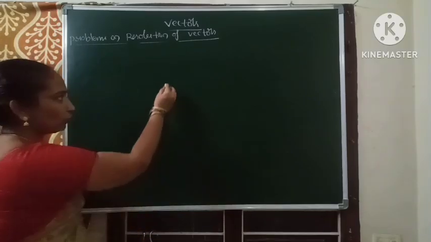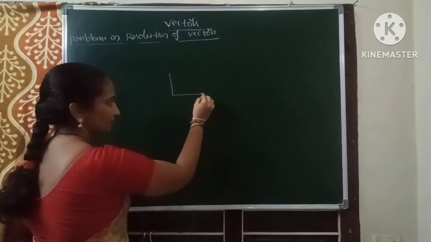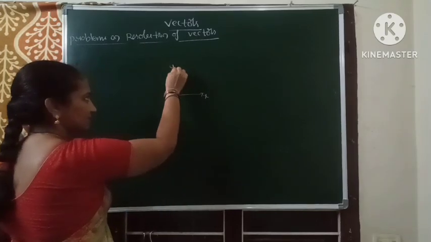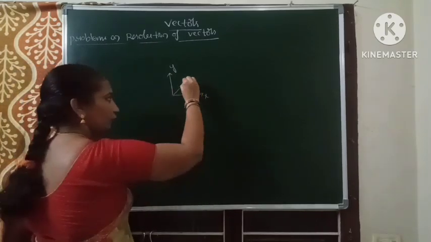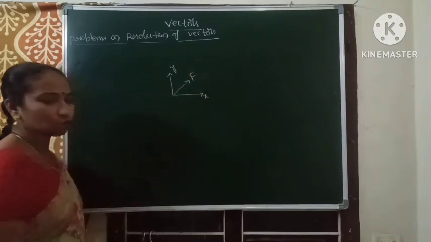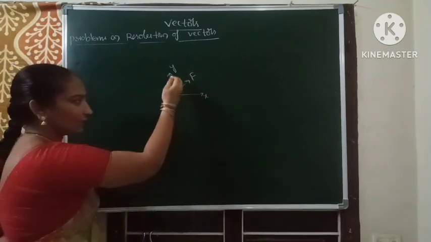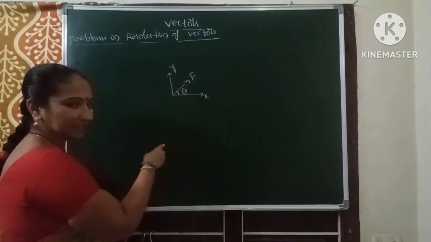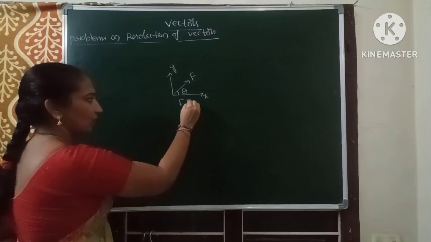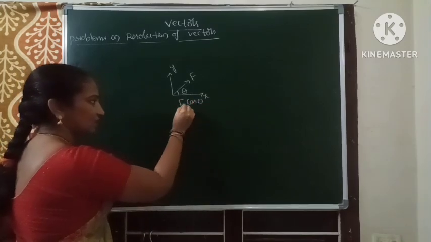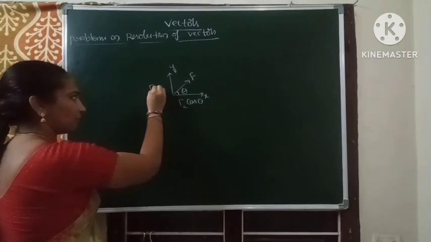That means for two-dimensional objects, for example, let us consider the x-axis and y-axis. Let us consider a force F resolved into two parts along the x-axis and the y-axis. It makes angle theta. So the component is F cos theta, or simply Fx = F cos theta, and the other component becomes